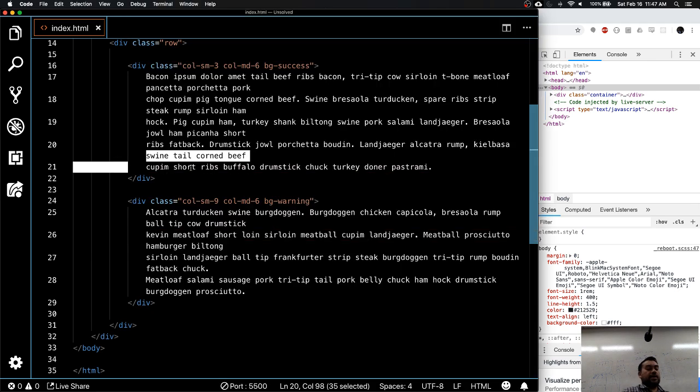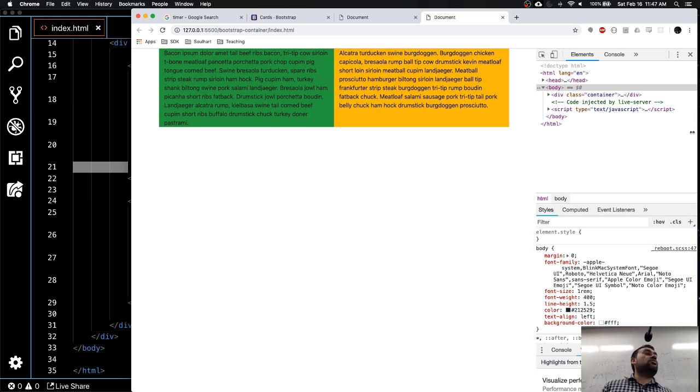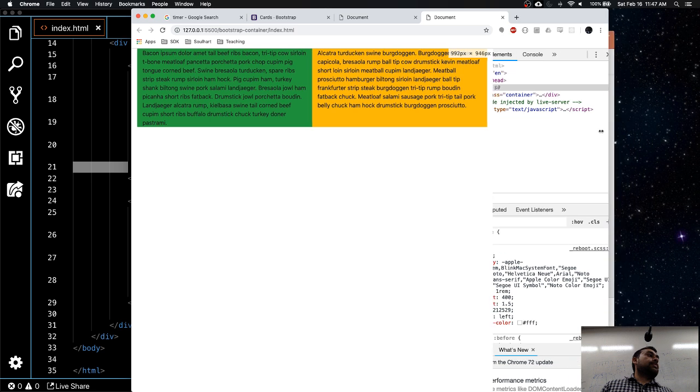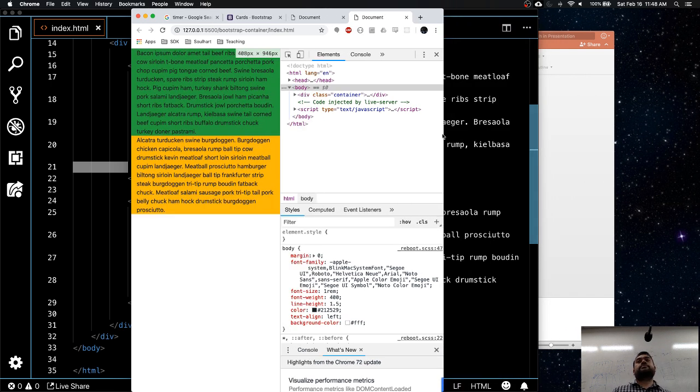So for big screens, for medium and above, I said divide into 6 and 6 columns. Right, you can do that too. So 50-50%, and as it goes below, 3 and 9. All right. When I go to the small screen, I want these to be 3 columns, these to be 9 columns. All right. Keep going down, and extra small is going to stack up. Right? That's the default. That's the default behavior. If you don't specify anything, it's always going to start stacking up.